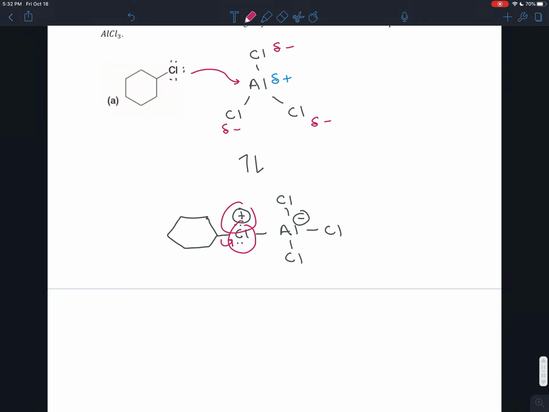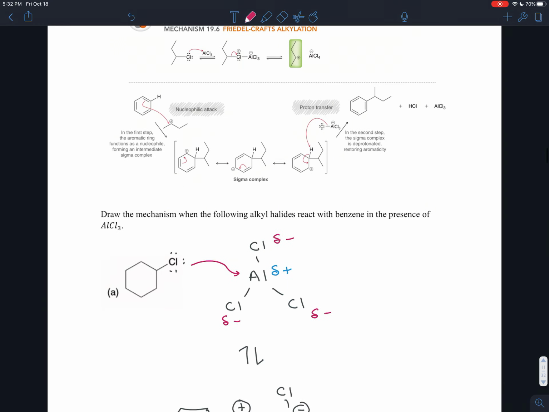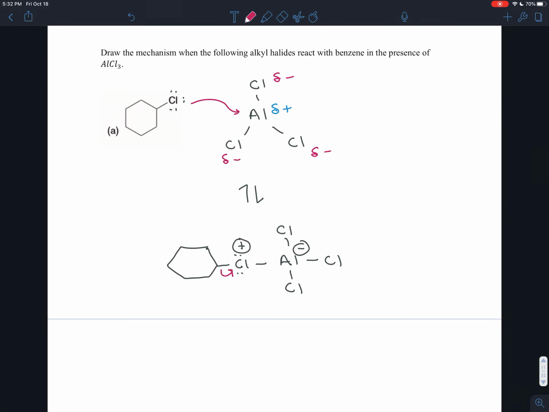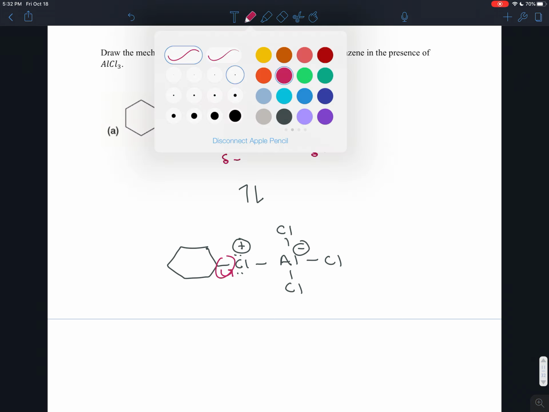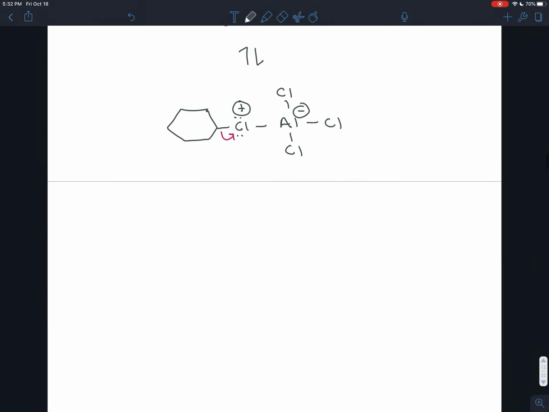You have this electronegative element with a positive charge. It's ravenously searching for electrons. And so it's going to steal them from anything close by. If it steals it from the right, you end up with a reactant, it's equilibrium. But if it steals it from the left, then you get a new thing. Not just any new thing either. If it steals the electrons from the carbon on the left, then